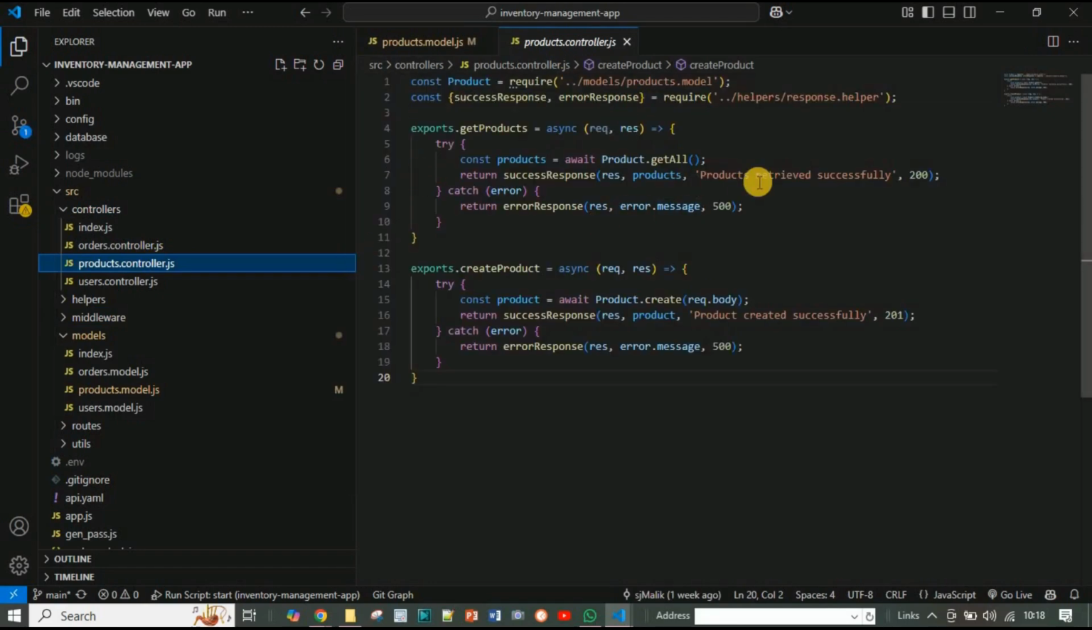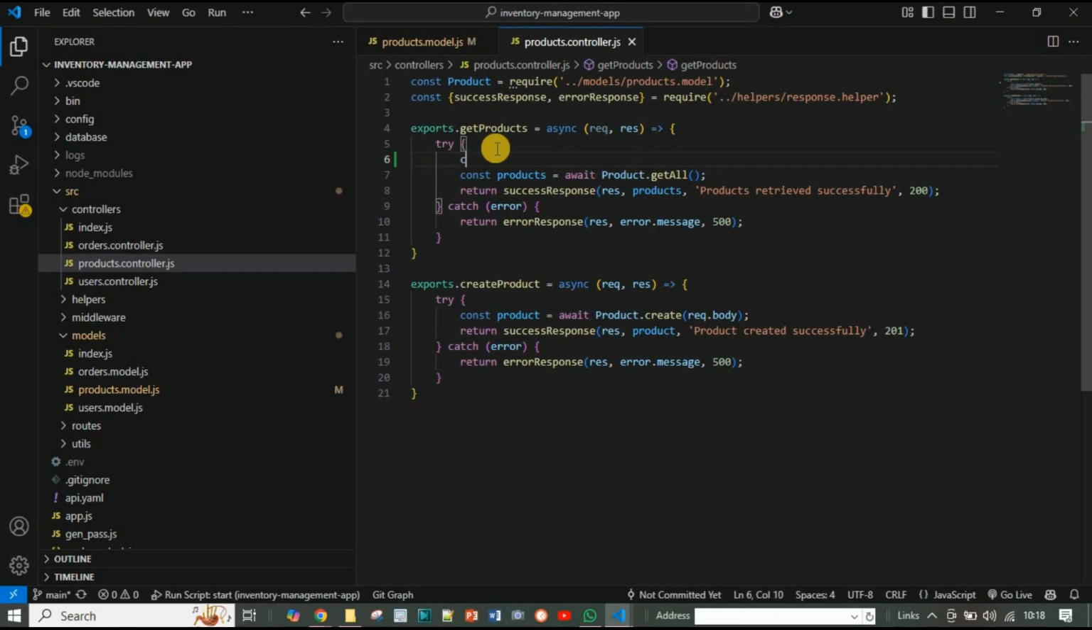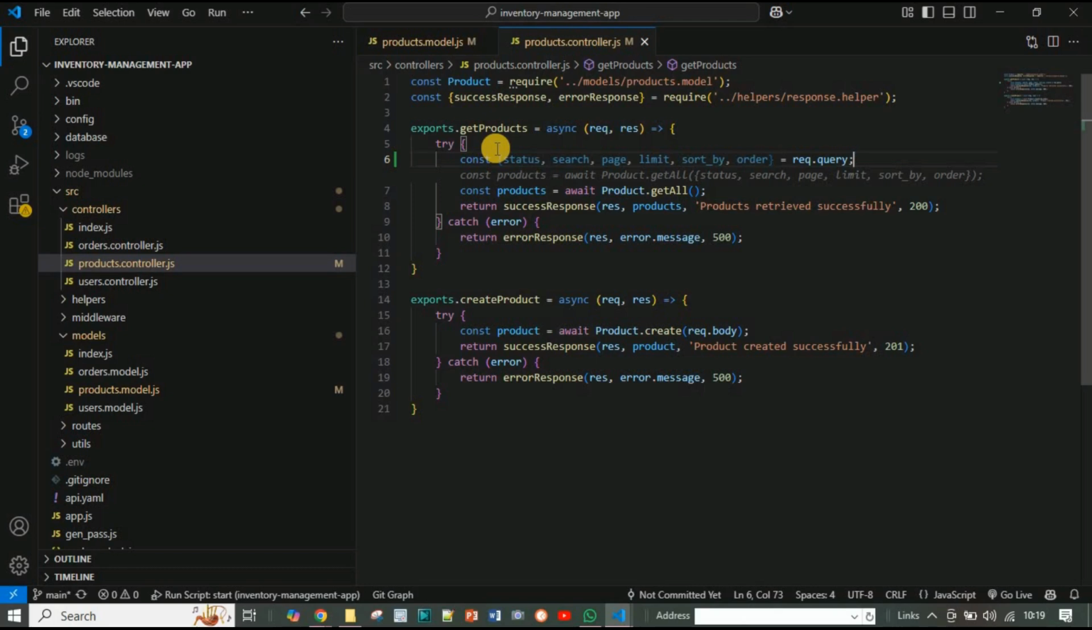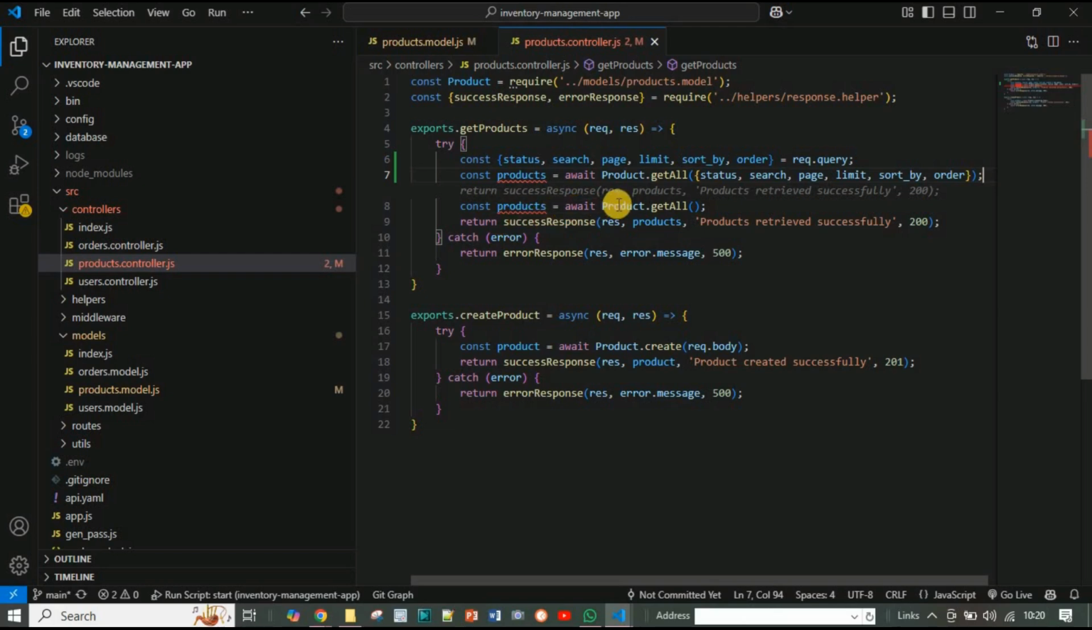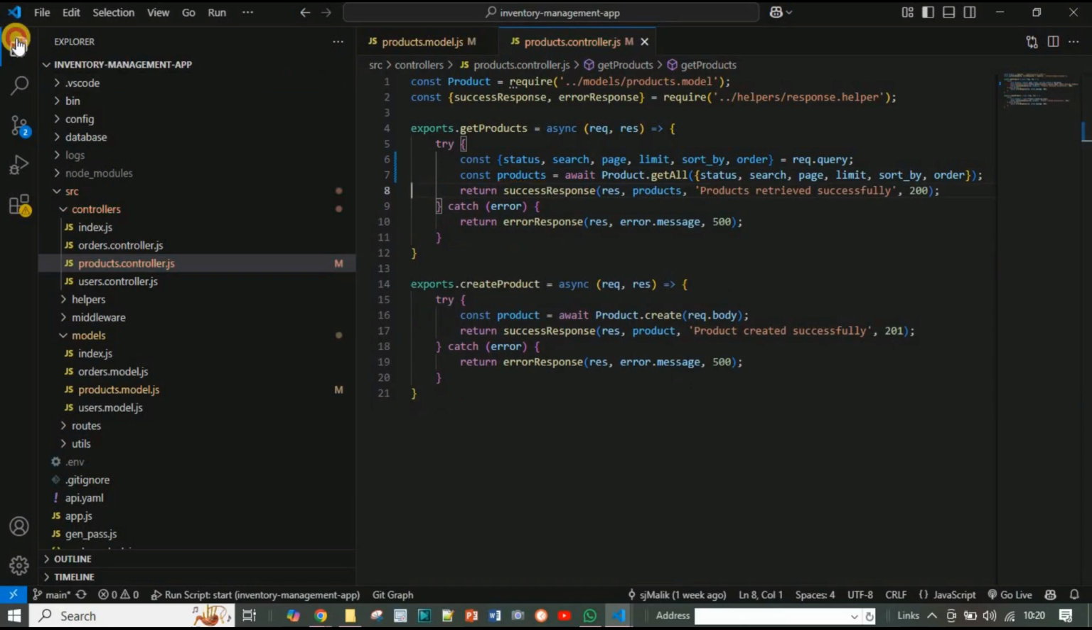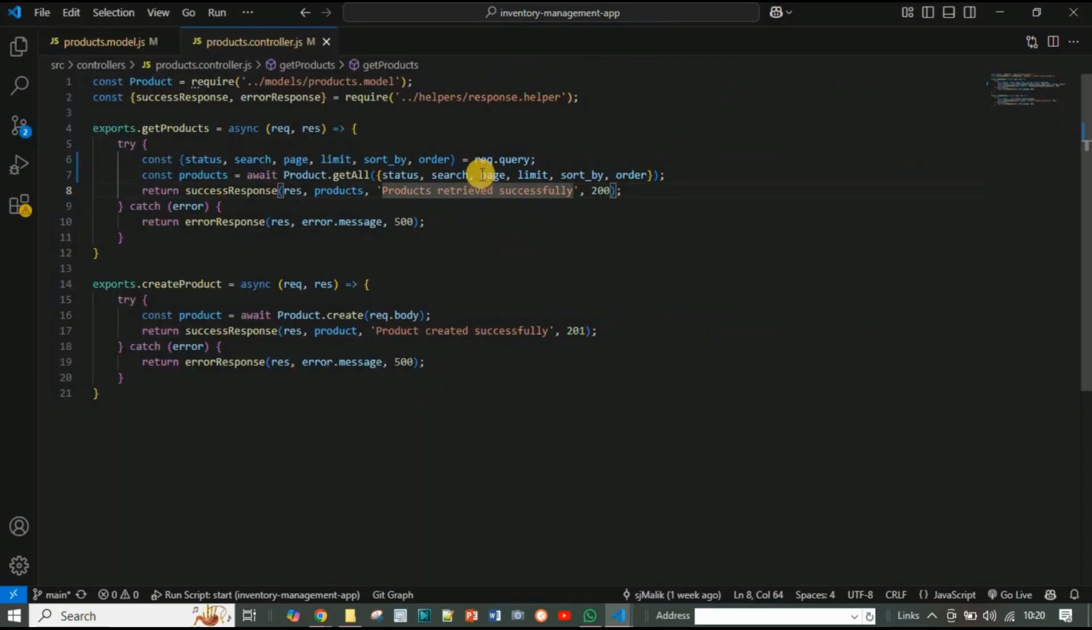Here I will apply the filtering, sorting, searching, and first I will extract the optional query parameters from the request. For this I will take const status, search, page, limit, sortBy and order from the request.query. And next I will pass it to the getAll method in the model, and we don't need this line. I remove this line, and here before passing I will convert the page and the limit to integers to ensure proper numeric values. So page